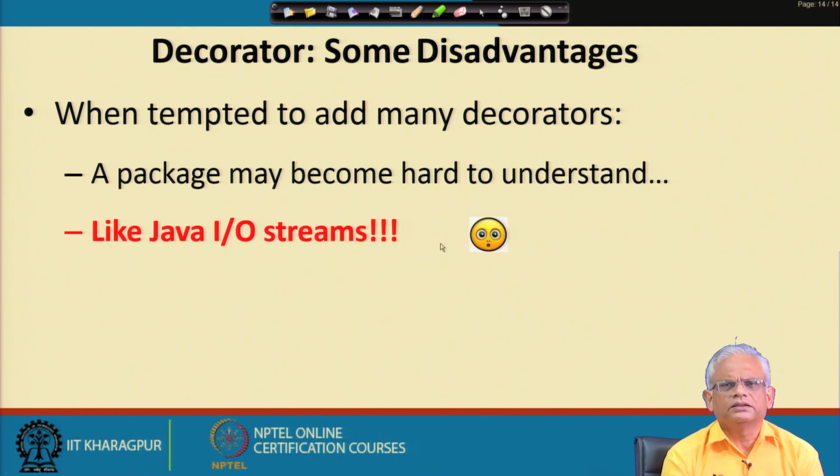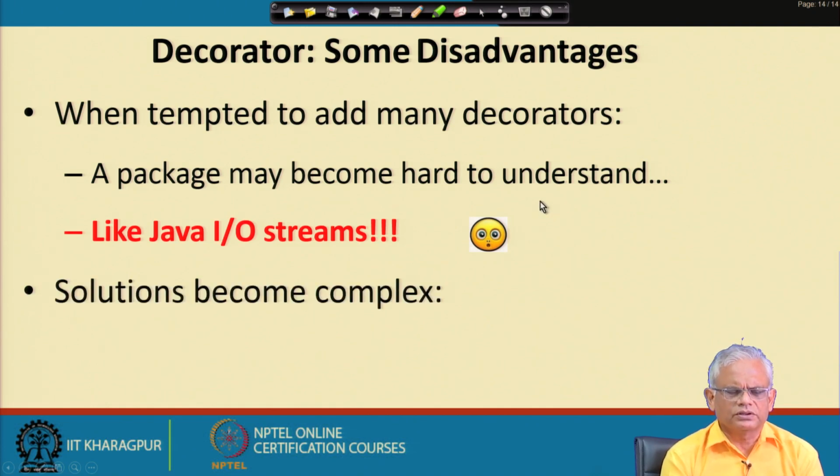Now, just imagine that we add these 60 odd decorators to a basic stream in various ways. Then the person trying to understand the code would be very hard pressed, because these are attached dynamically. You can't just look at the code and then decide, because you can even attach this dynamically. So, we need to look at the runtime behavior, which becomes very difficult. The solutions become complex,